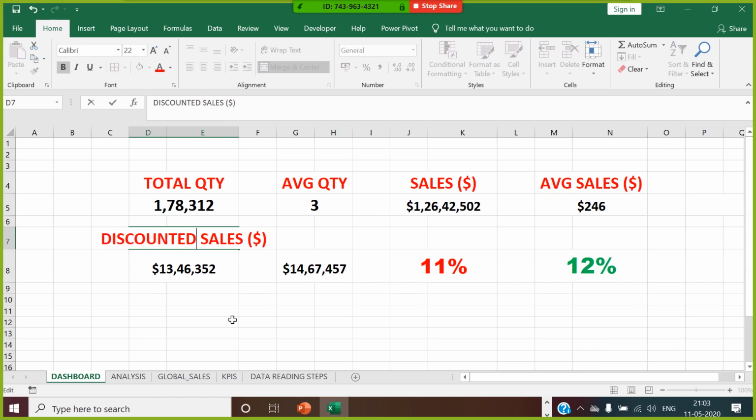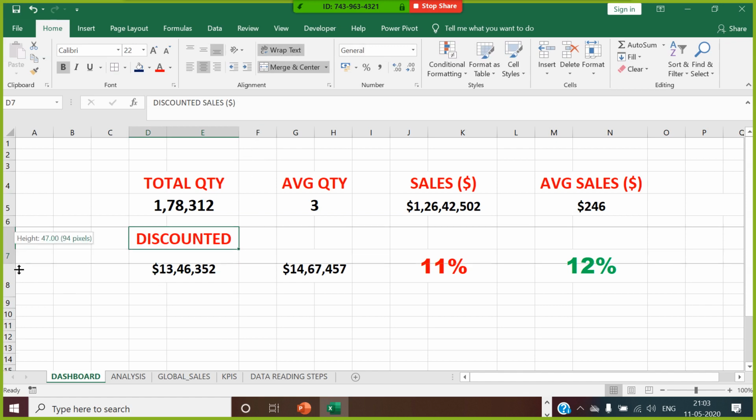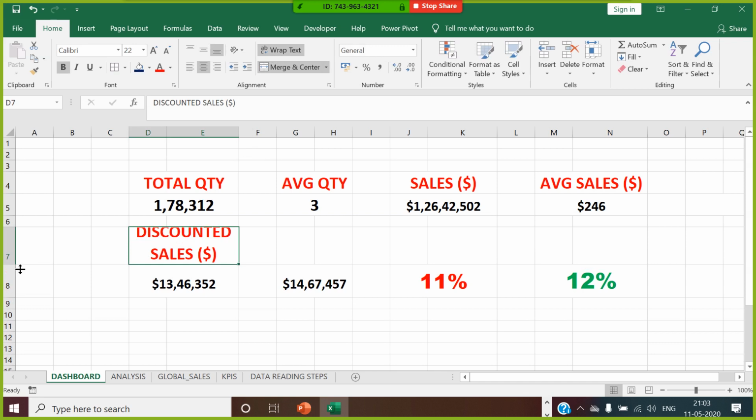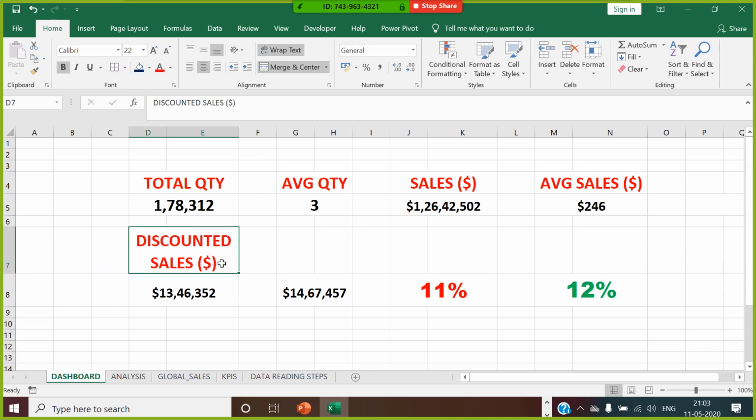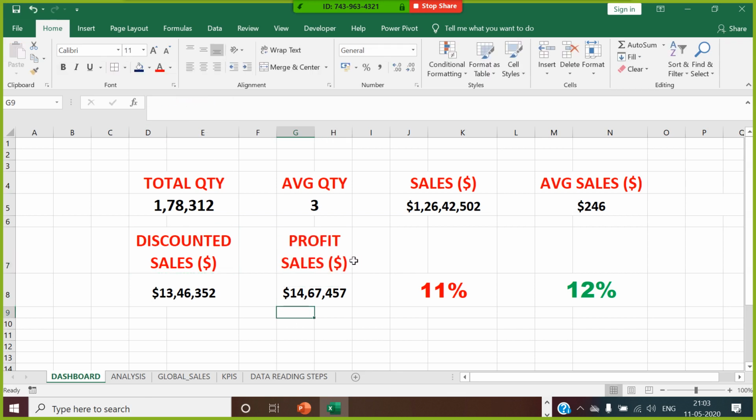discounted sales, which is given as, just do a wrap text. Copy this. This is called profit sales. So this is profit sales.